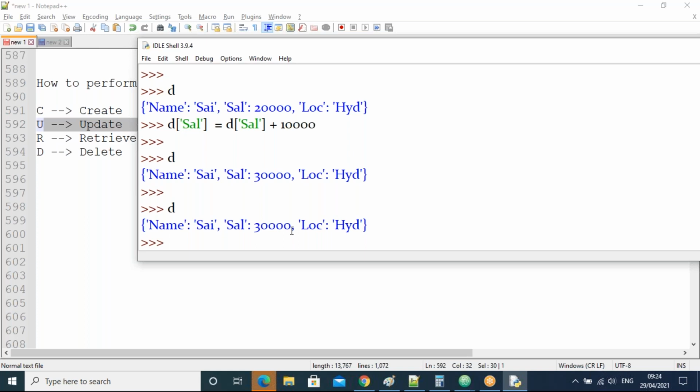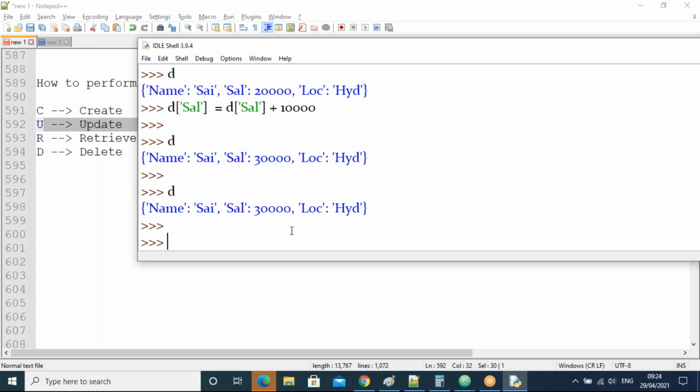One is simply I can take d of sal equal to 40,000. This is one way, guys.